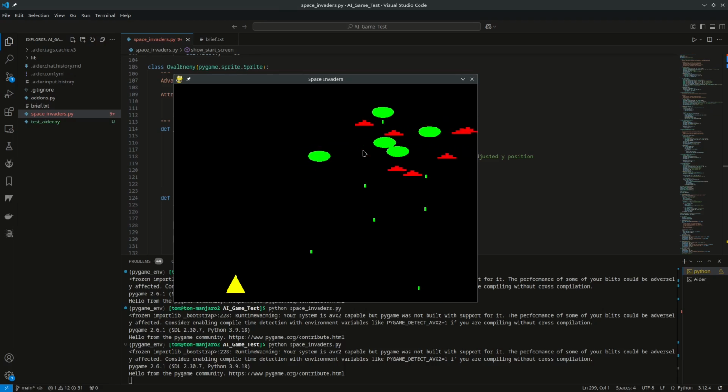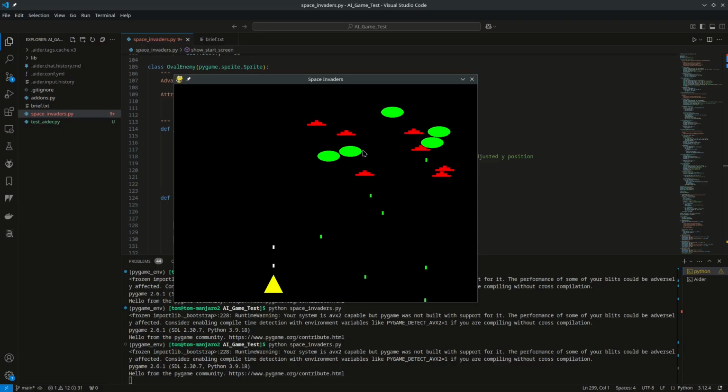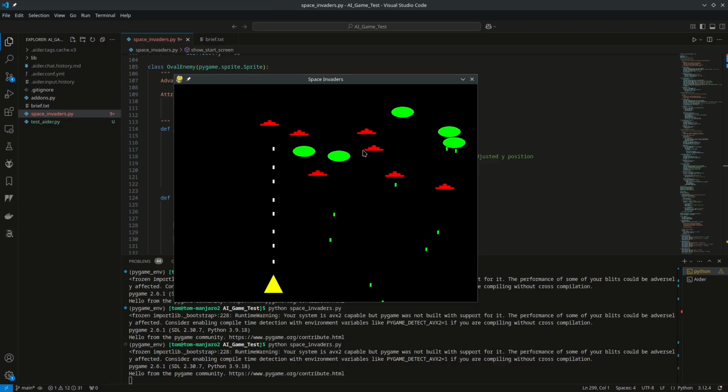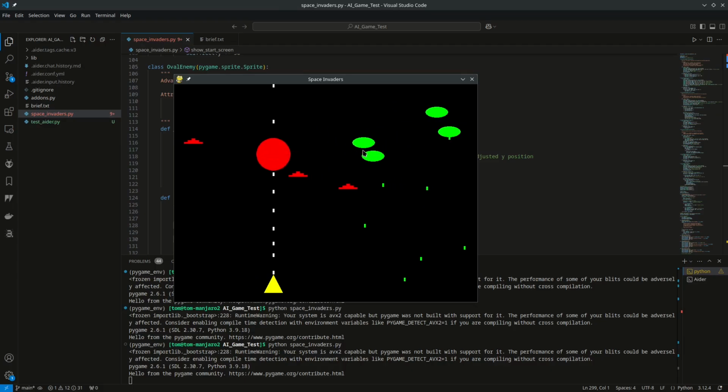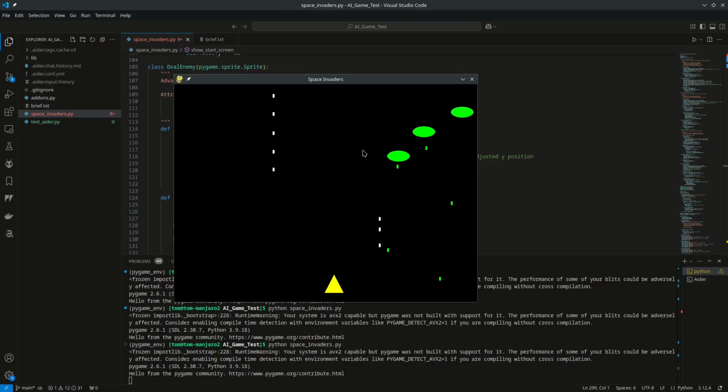Looking pretty interesting. I'm sure there's plenty to do here. I'll leave that for another time, but I don't know, I'm having fun. I know this is an easy game, but for testing purposes,